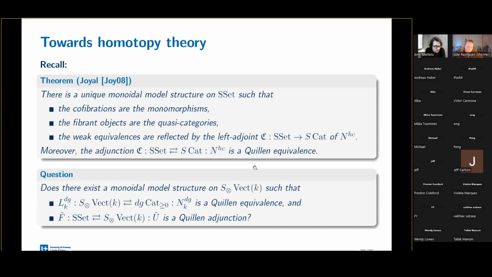So a very natural question arises, right? Does there exist a model monoidal structure on templicial vector spaces, such that on the one hand, this adjunction of the DG nerve is an equivalence? This would be the analog of what is written here in the classical case. And on the other hand, the comparison to the classical situation of simplicial sets is this adjunction. So here this LDGK is the left adjoint of the DG nerve, and here I have again this free forgetful adjunction from the very beginning. So we'd like a model monoidal structure on this thing, making this an equivalence and making the bottom thing an adjunction.